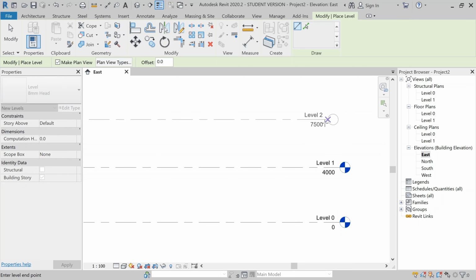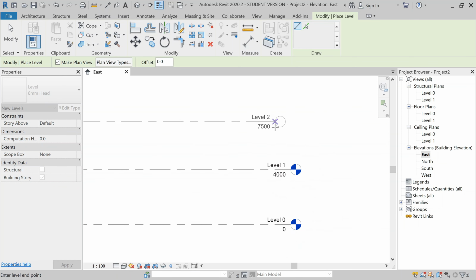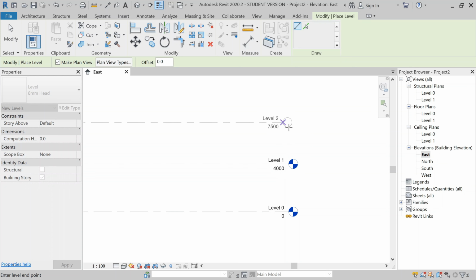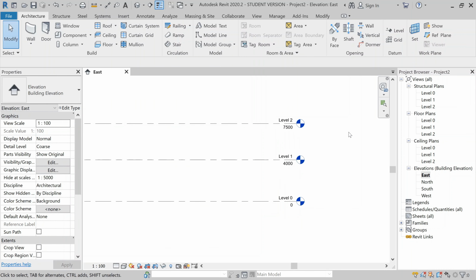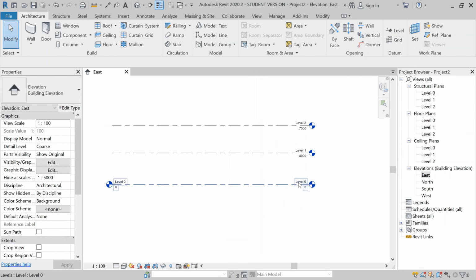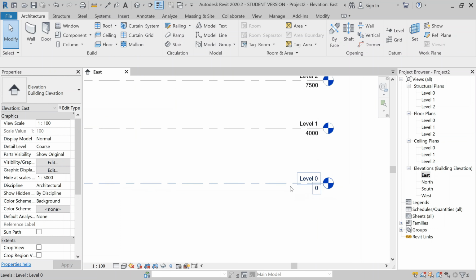And one thing more, as you are going to create a level, it will show these dash lines. As you can see, these dash lines in vertical direction are showing the constraint. If you follow this line, it will add a constraint with reference to level 0. So let's click on the screen when you see this dash line, and now we have this reference of level 2 with level 0. So let's see how it works.